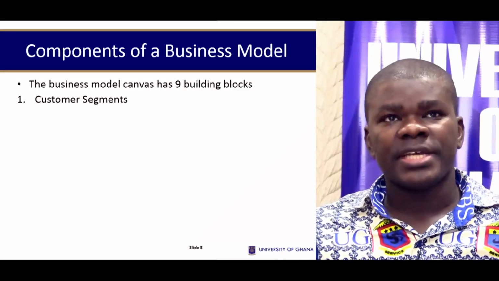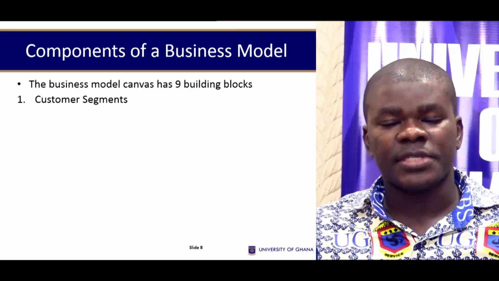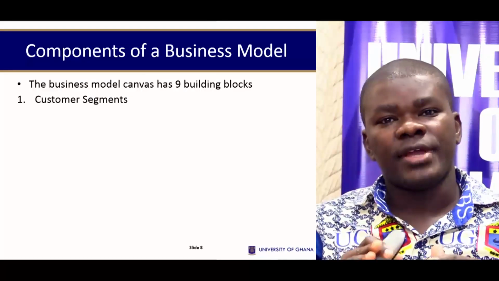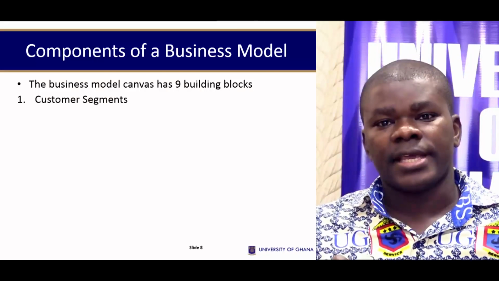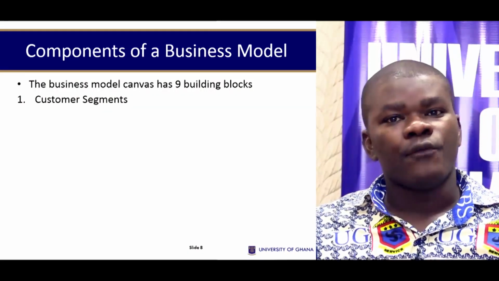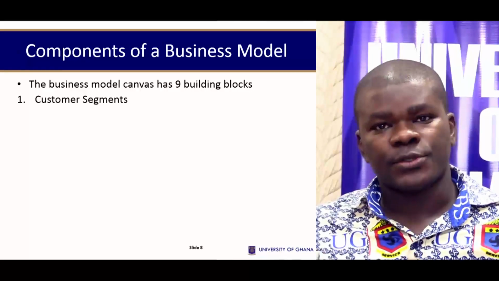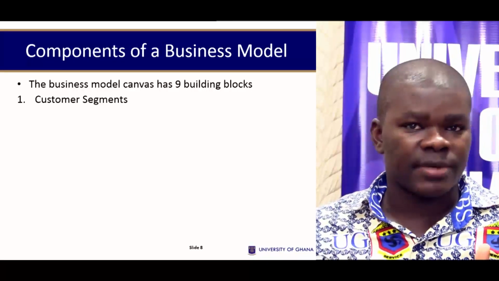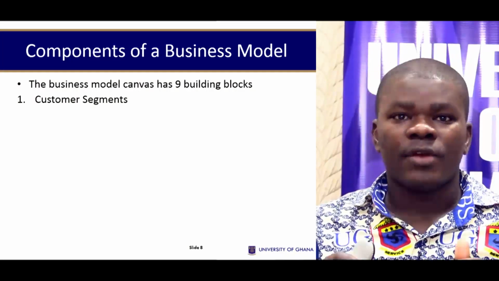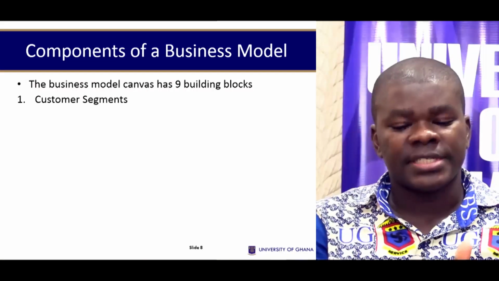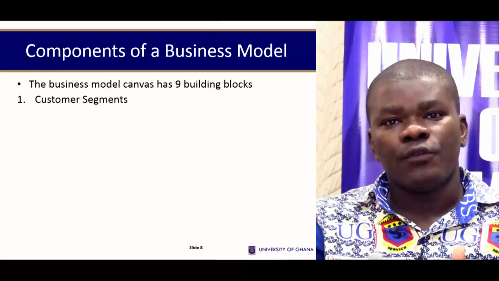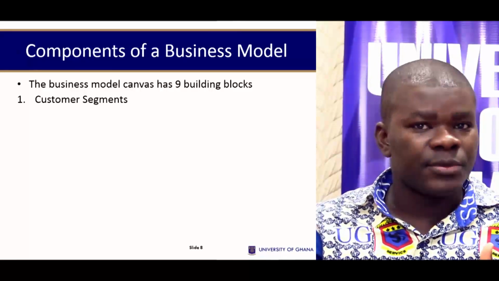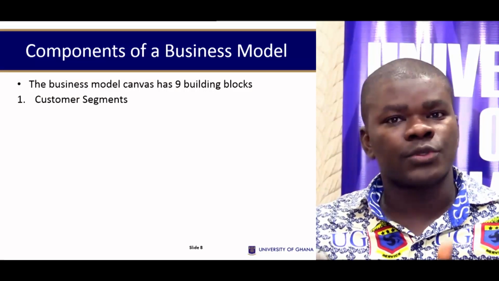Now, customer segments, there's an S, meaning that you might have different types of people that you are looking forward to serving. For instance, a company like Vodafone. Vodafone has different customer segments. So you and I, we are individual customer segments that Vodafone serves. But Vodafone also has a B2B business, which means that Vodafone serves other businesses as well. So Vodafone has customer segments that are business people. Vodafone has customer segments that are also individuals.